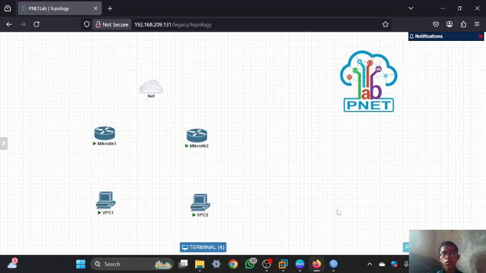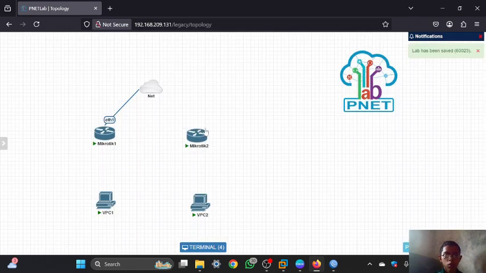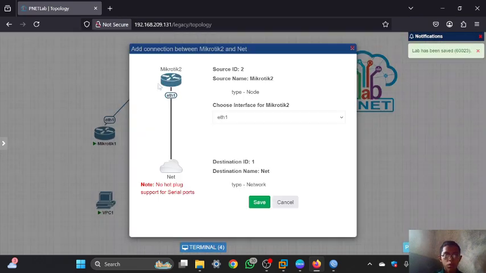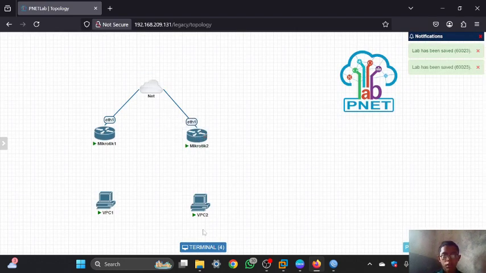And next I will configure the EoIP tunnel in the topology. So first you can open a new topology, then you can add a network, two routers and two clients for the sites. So each site has one client, and then I will connect MikroTik one of site one to the network, and router two is also connected to the network or USB.